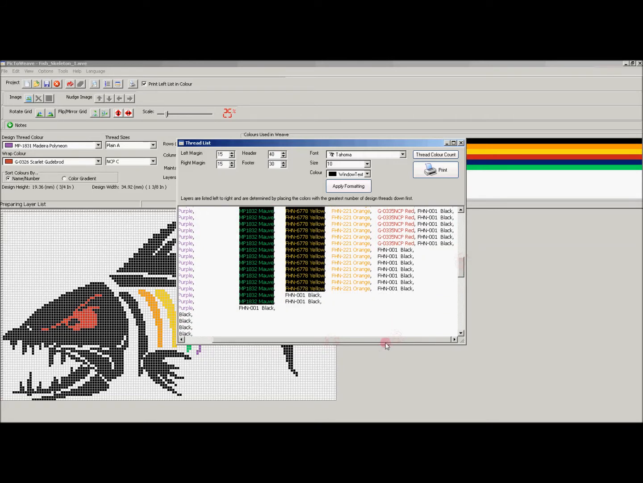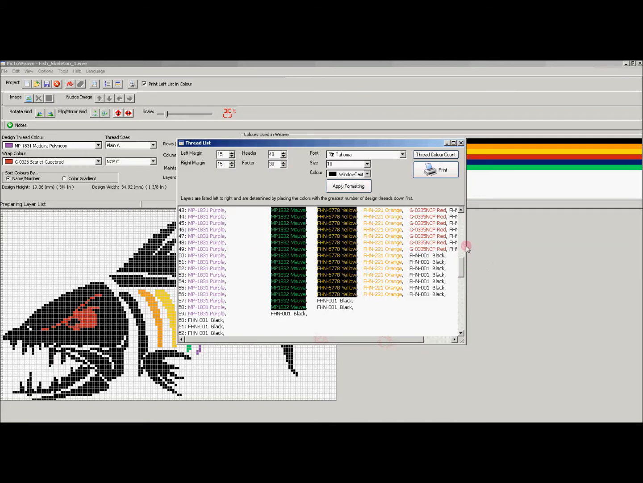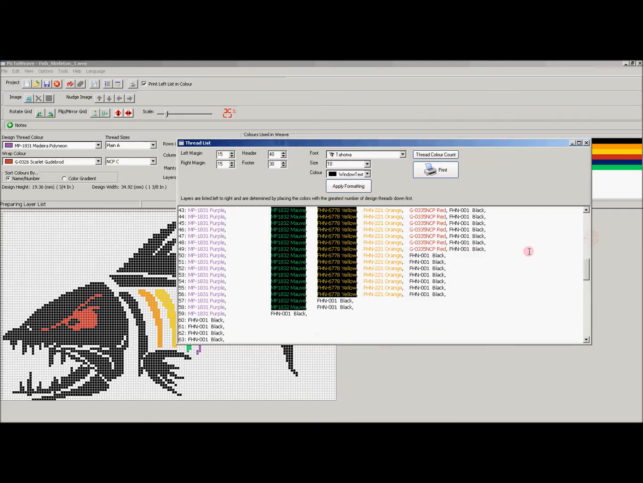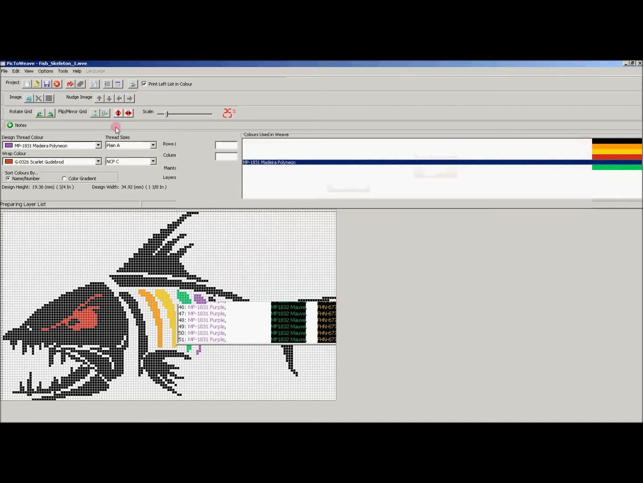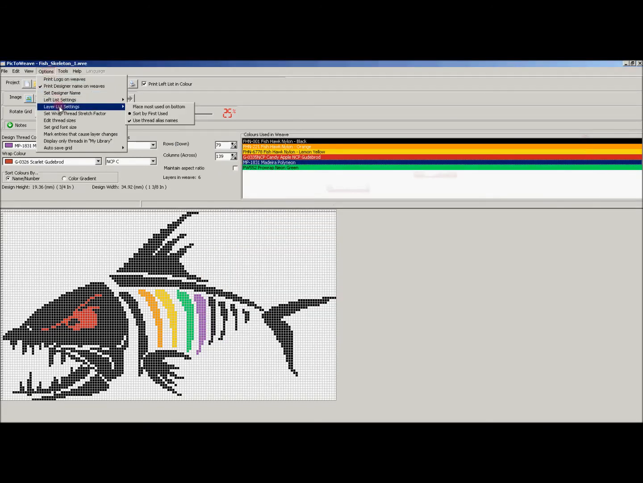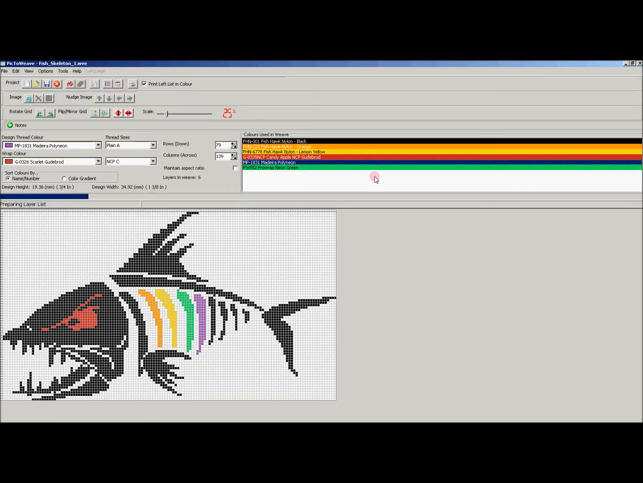Now you'll notice something else that is another relatively new function. You can alter the way that you lay out the threads. So we've got two different settings here. The traditional one was to place the thread that was most used on the bottom. Some people find it easier to sort them by the thread that you're going to use first. So if we select that and then we go generate our layer list,